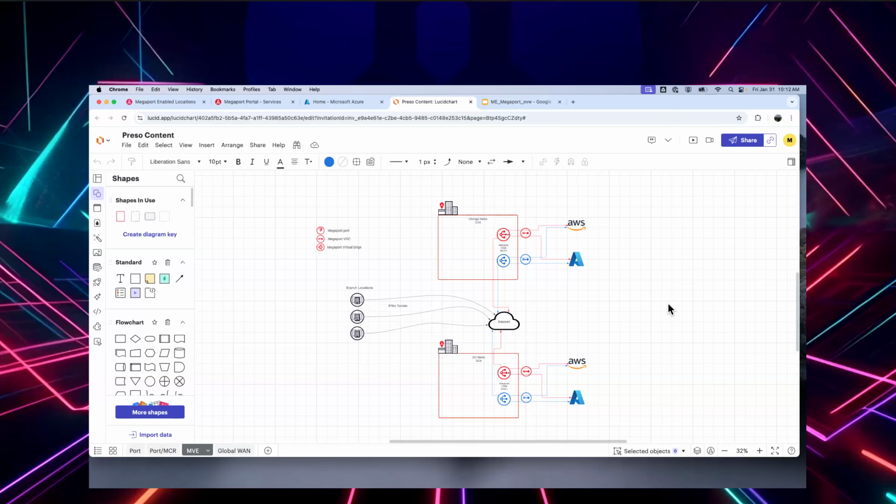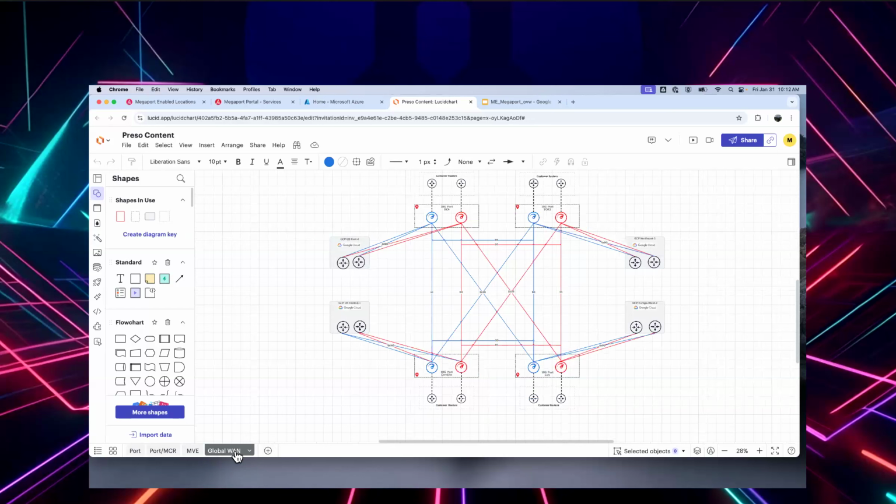And similar to the previous example, I can use that as cross-cloud. I can use that as an access mechanism to get from the branch to either one of these cloud regions under this configuration. So very powerful. And then this, of course, is that same global WAN that we were talking about earlier.